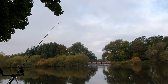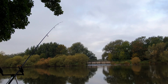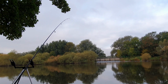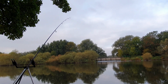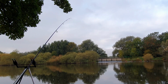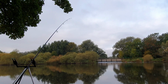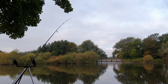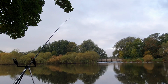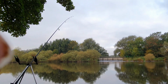Just as I thought it was going to be 2 out of 2 for 2 rods, it's suddenly gone a bit quiet, although I've only had the rod out for 2 or 3 minutes. I was rather hoping to get a bite on film. That's not happened yet. Guarantee as soon as I stop filming, the rod will probably either arc over or the tip will go slack. Usually when I've got a roach on, it's just